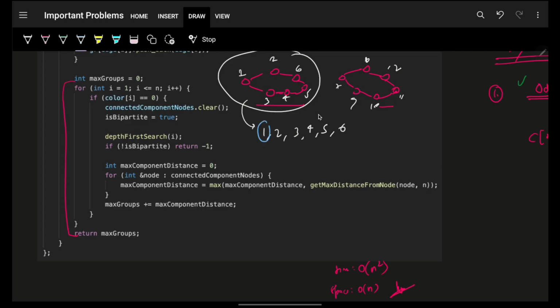So firstly I will run the BFS from 1. So as you can see, I am running the BFS from 1 first. Then I will run from 2, then from 3 and so on and so forth. I will keep on running it, and whichever starting node of a component gave me the maximum reachable distance, I